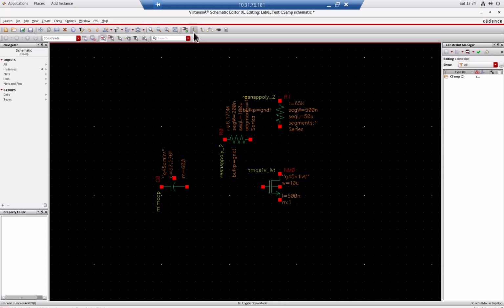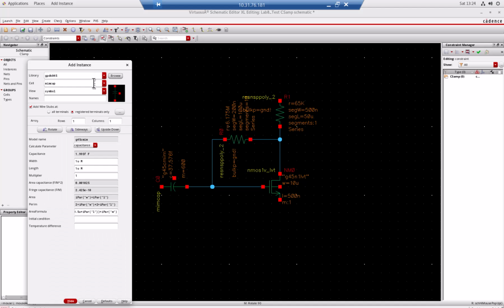So I'm going to link them. This one links to here. This is the drain. This one links to here. This is the drain. This one links to here. This is the gate. This one links to here. This is the gate. I need to put two voltage sources, and the voltage source should come from the